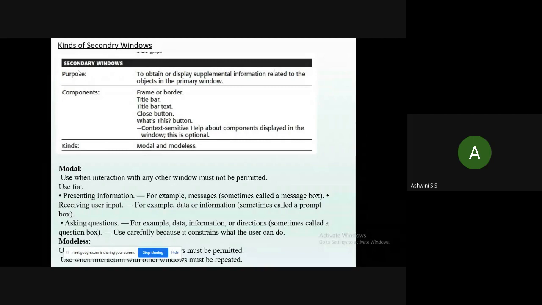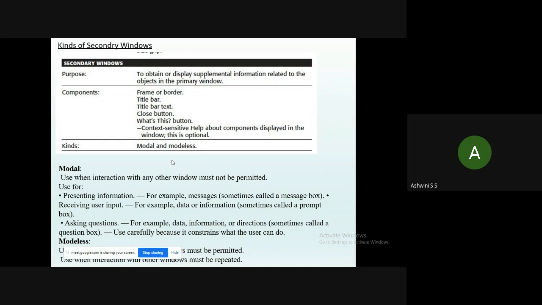Okay. Here you have some examples. Probably you would have heard about the prompt box, while studying web designing. A prompt box will always expect some input from the user.